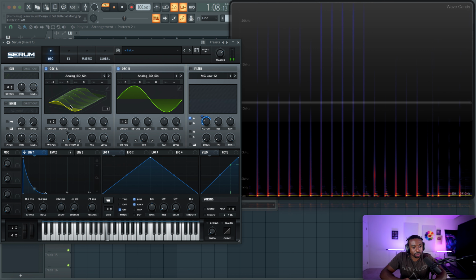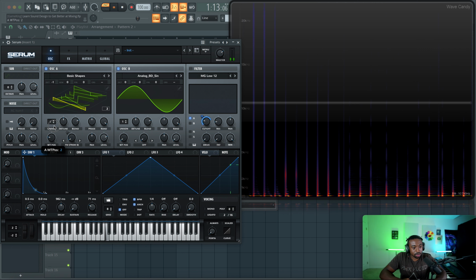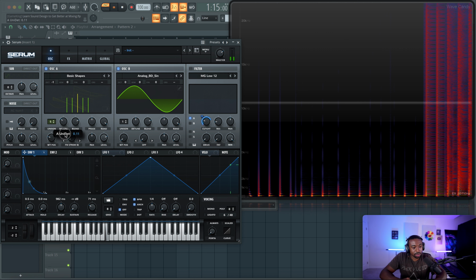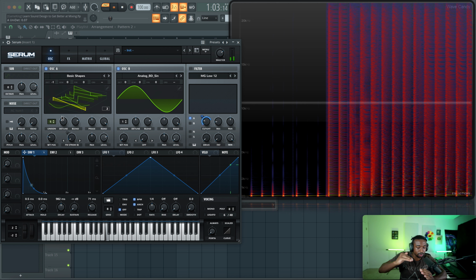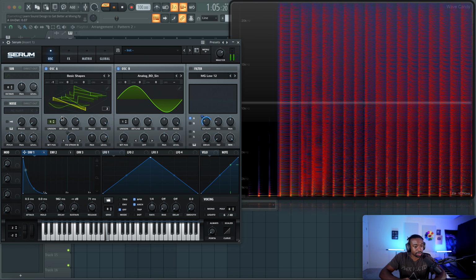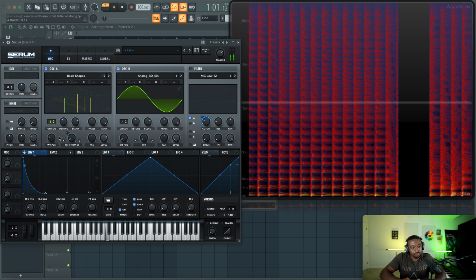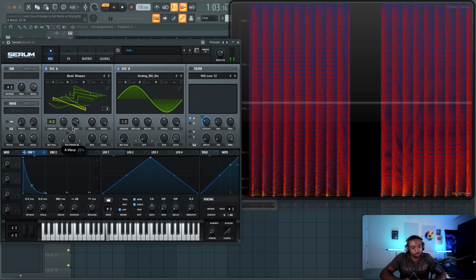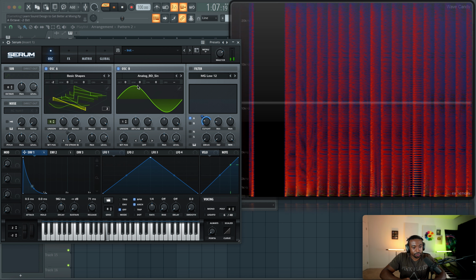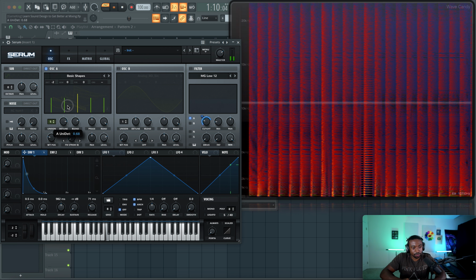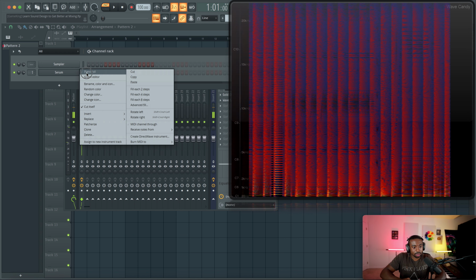Now let's switch this to a different curvature, a different waveform, I should say. And let's switch this to a sawtooth. There we go. Let's add some more voices. And now basically we're stacking up the same sound, but because the pitch is different, all the harmonics are stacking close to each other, creating a subtle dissonance. Let's make a chord out of this.